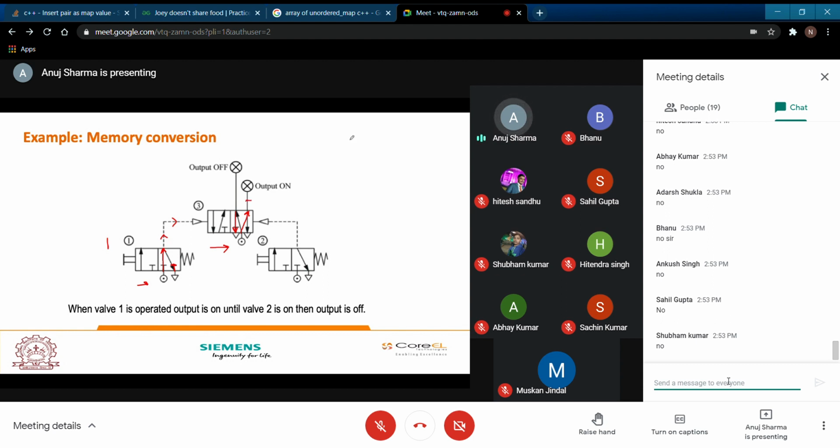So, for example, we are using valve 1 and valve 2.